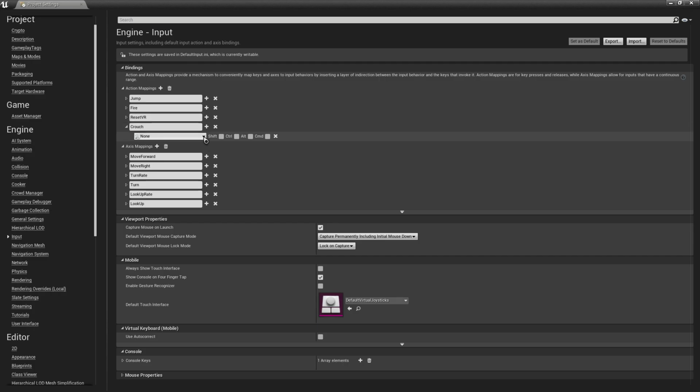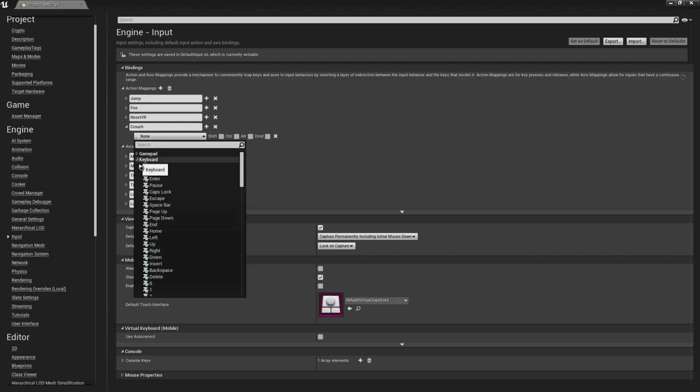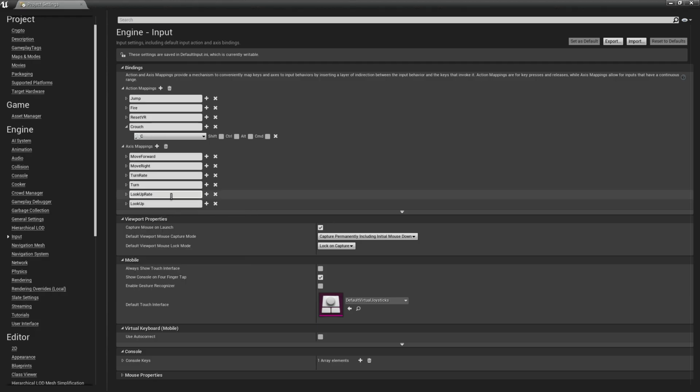Then under crouch, we're going to select, let's say, a keyboard key that we're going to use to crouch the first person character. In most games, we are using left shift as our crouch, but some games are using keyboard C. So let's say we're going to use the letter C as our crouch key.